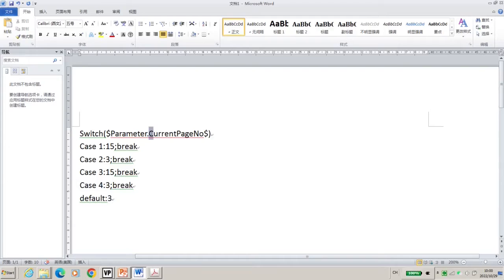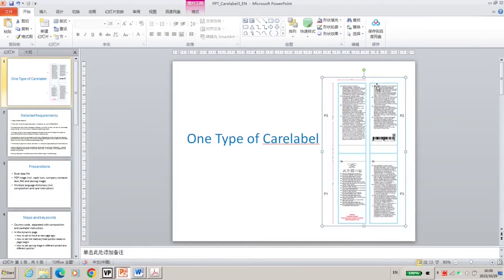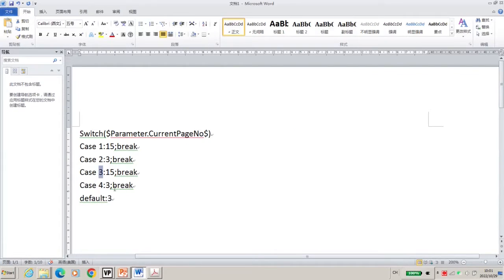Like in page 1, we start the whole content. The Y position is 15. The second is 3. Why 3? Here is 3, right? So second page 3. The first page 15. The page 3, 15. From the up edge, here is 15, including the 10 dash line height. So 15 from here. And the fourth page, 3. So the upper dynamic position, the Y position parameter, easy to define.